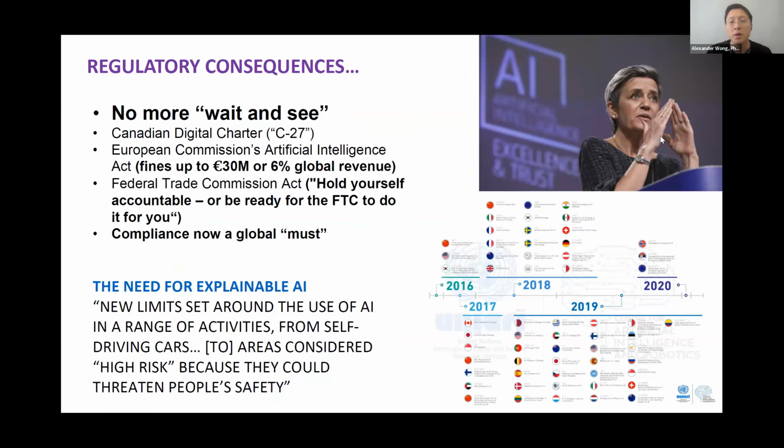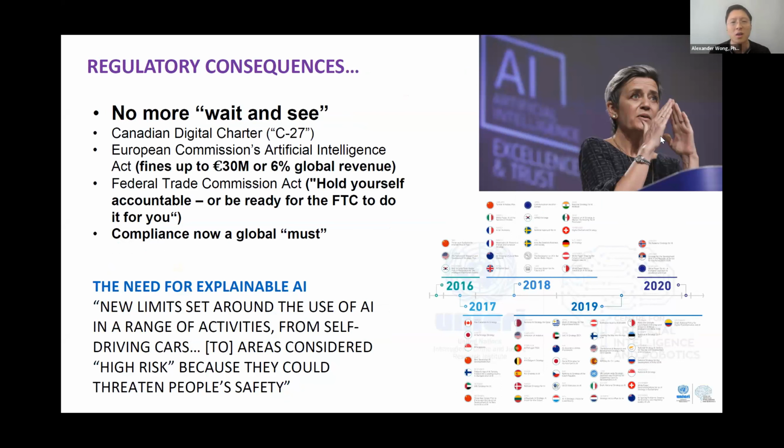And so a lot of companies, including healthcare companies, had the more wait and see mentality. They'll say, okay, we'll deploy it and we'll see how things behave in the wild. But now it's no longer about wait and see. There are actually now regulatory consequences with the deployment of AI in the wild in an unchecked manner.